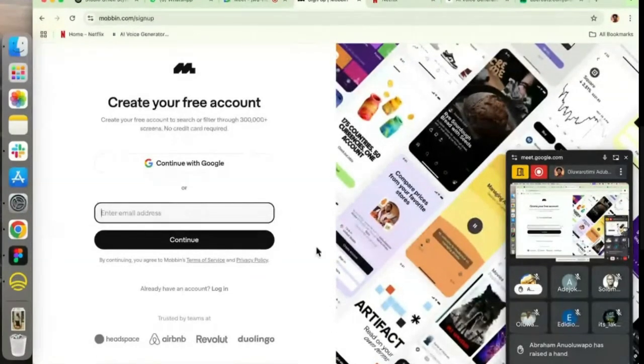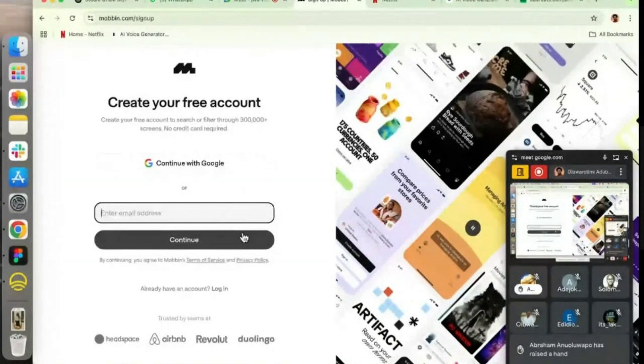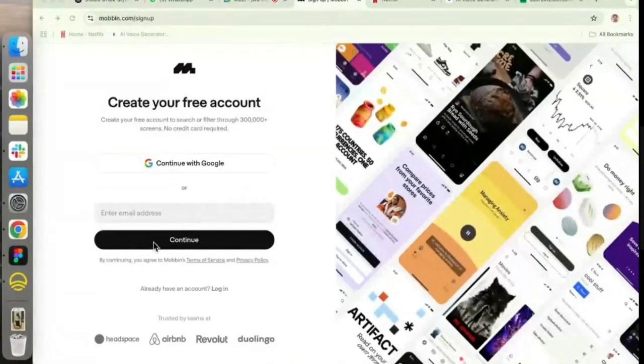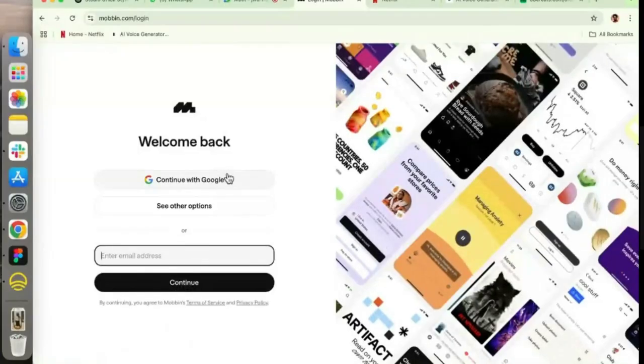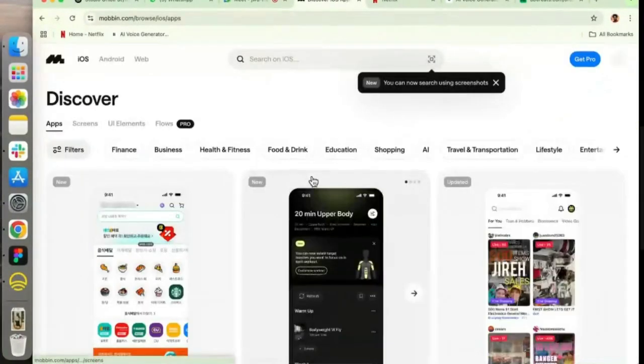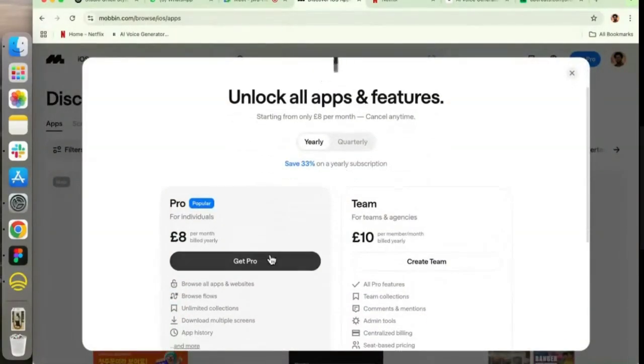Almost every great app in the world, all their UI screens are here. You can go there, save a picture, and then just check it out. I already have an account. I'm not paying for Mobbin, obviously, because why would I be paying to see screenshots? And I don't think they're expensive. Let me see. £8 per month. They're mad. Anyway,